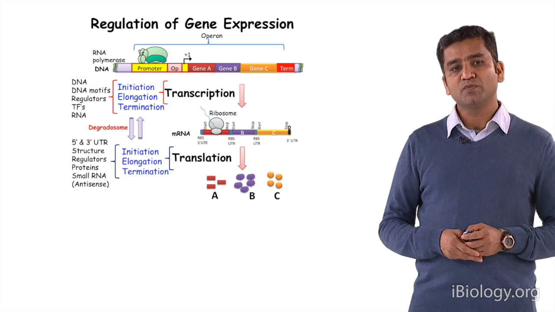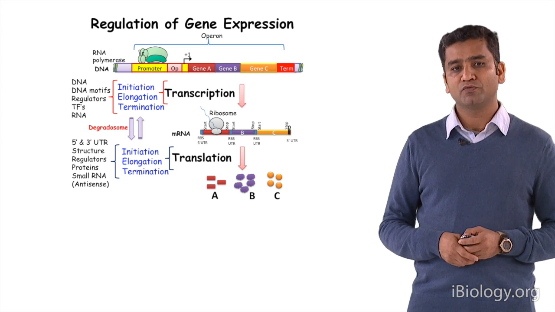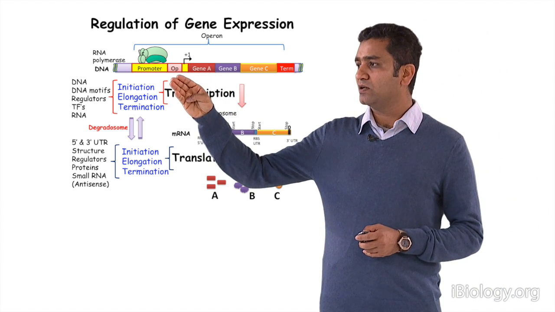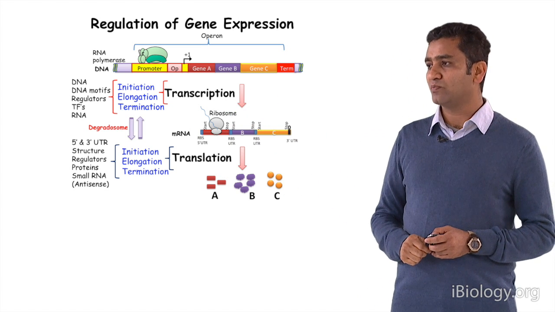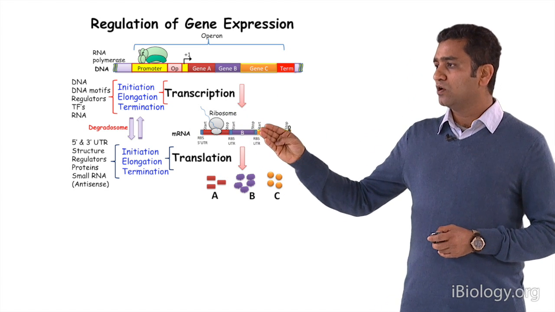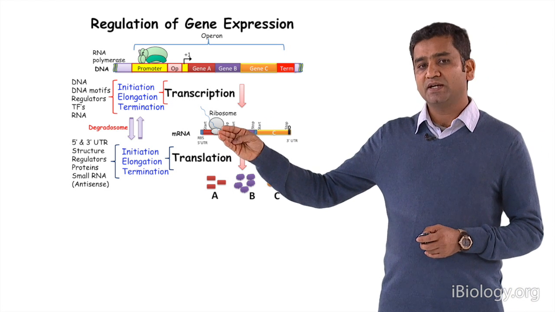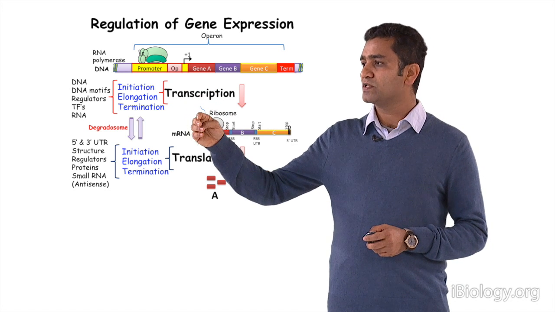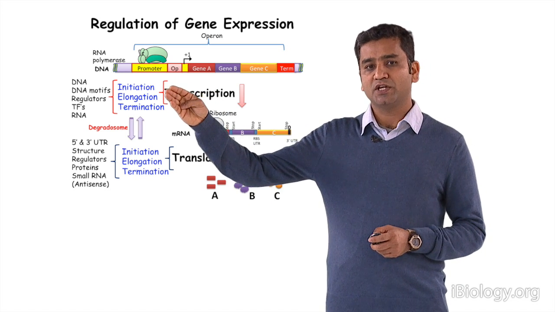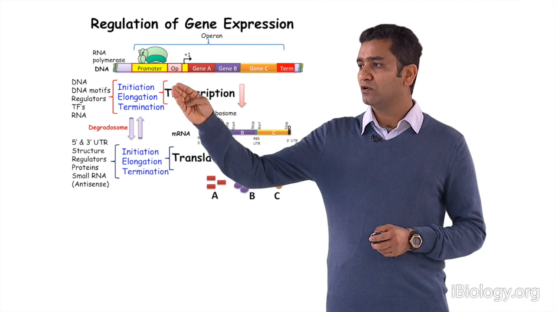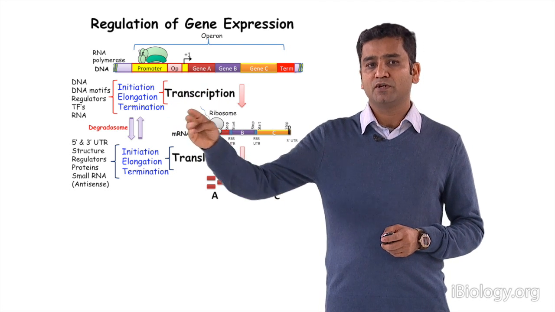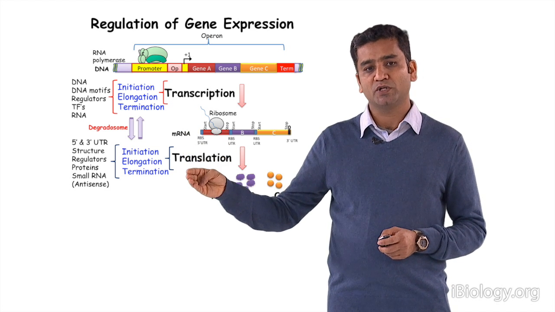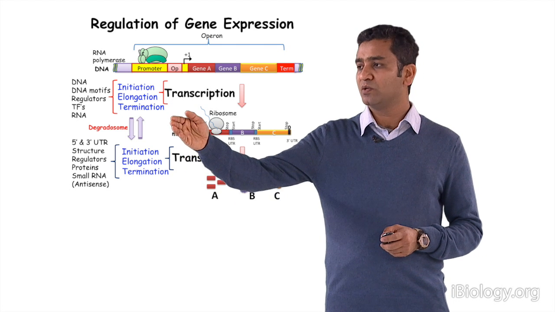So let me give a quick primer on regulation of gene expression before we go ahead. Here, RNA polymerase binds to the promoter in E. coli, and then it produces a polycistronic mRNA covering all three genes. Once the mRNA is produced, the ribosome binds to the ribosome binding site, and it produces these proteins. As you can see, each of these processes is a multi-step process. So for example, in transcription, we have initiation, elongation, and termination. And all of these three things are regulated by multiple different motifs. Same as for translation, it goes through multiple steps: initiation, elongation, and termination. And each of these steps is regulated by multiple different factors.